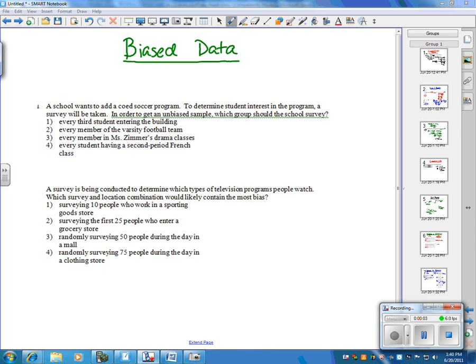Now, some things that a lot of companies in this world can do is change data, or they can ask certain groups of people. That way they can get answers that they want. So one thing we talk about is biased and unbiased. Now, if you have biased data,